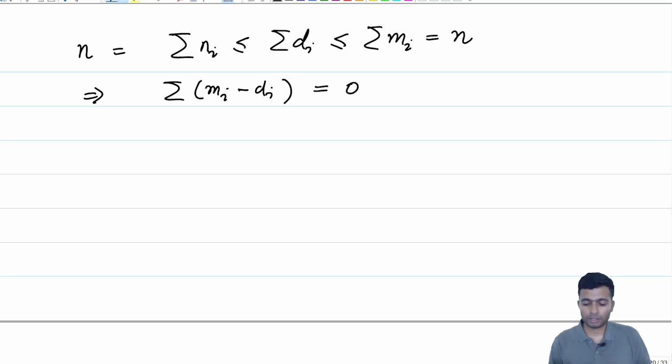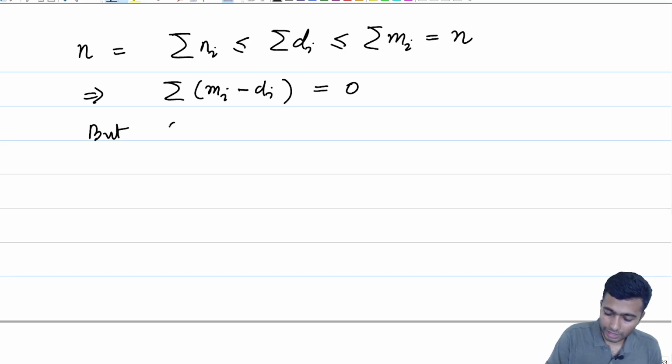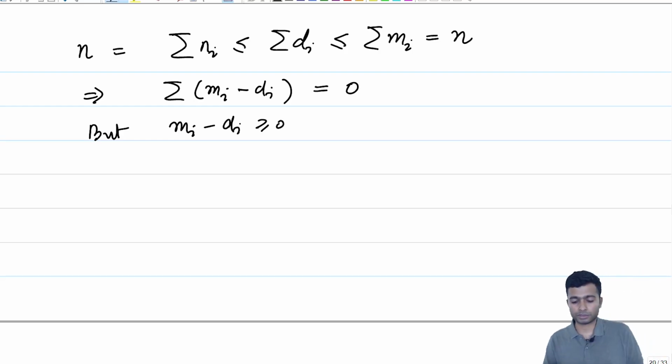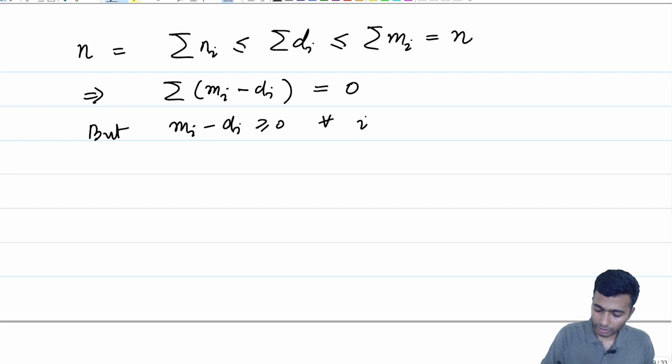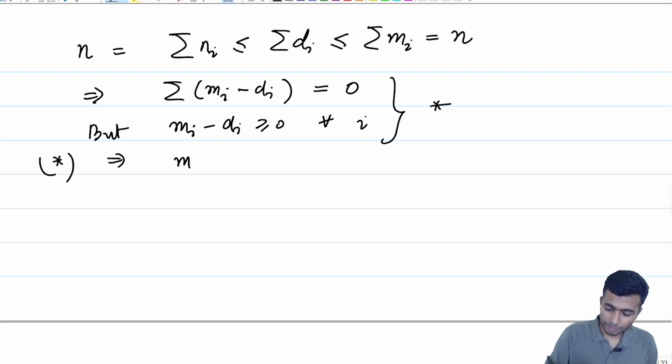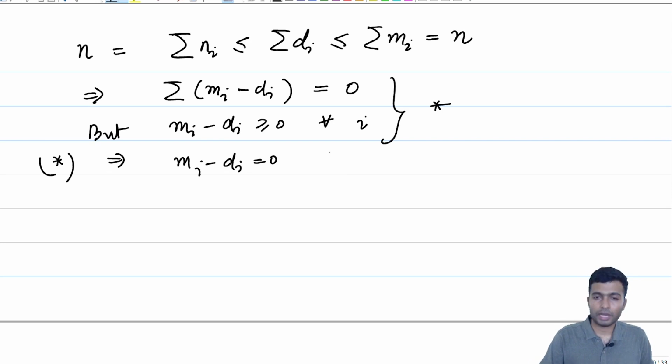But we know that mi minus di is greater than or equal to 0 by one of the previous theorems. Even if one of them is greater than 0, the sum cannot be equal to 0, because each is a non-negative quantity for all i. This implies mi minus di is equal to 0 for all i,